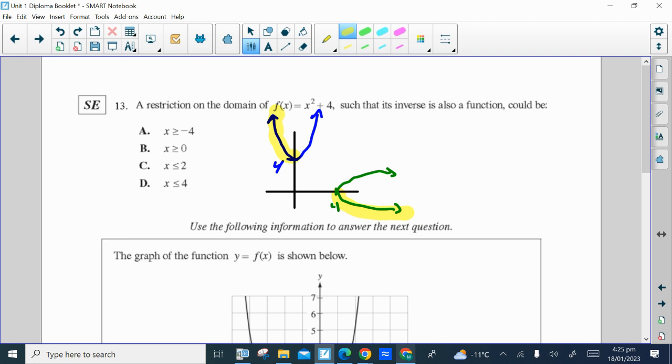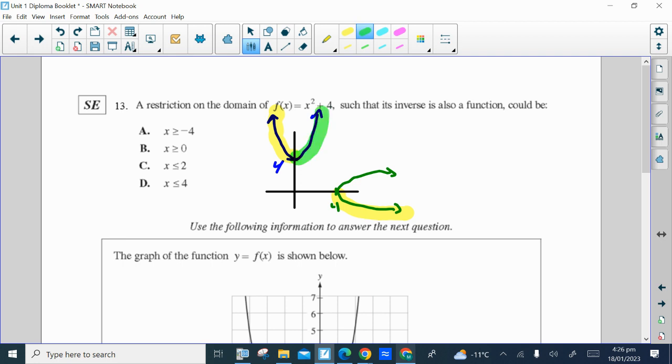And the bottom only, without the top, by itself, is a function. So you could say that if you restrict the domain on the original graph so that x is less than or equal to 0, and only did that part, then the inverse would only be the bottom part of the second graph, and that is a function. Or we could also say,